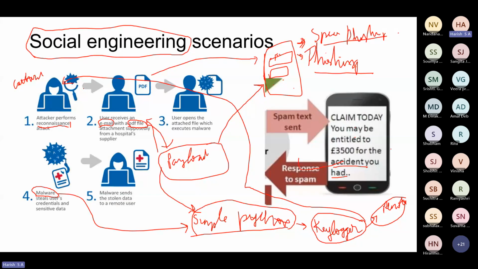Okay, keylogger. Right. So you've understood what a payload is, right? Hiranma, you've understood what a payload is. Good. So a payload could be either a form where you will make the user enter their personal details, which is later going to come to you, or it could also be a malware, which is a slightly more complex software, which goes into parts of a system where you're storing your credentials and everything, and it just sends it back to the attacker.